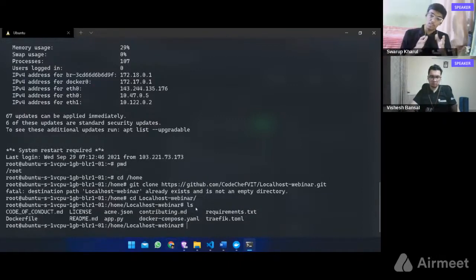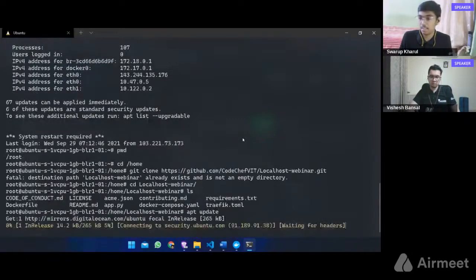Now again, we'll build an image, run it inside a container, and see whether it's deployed or not. Before that, we need to update our base image, because there may be some bugs which were fixed after the host image was created. For that, we'll use apt update.